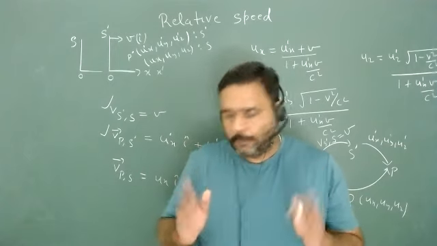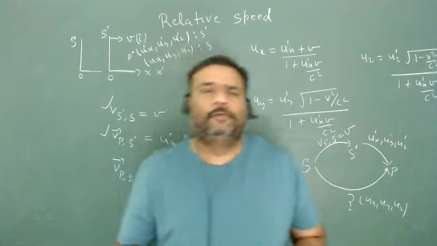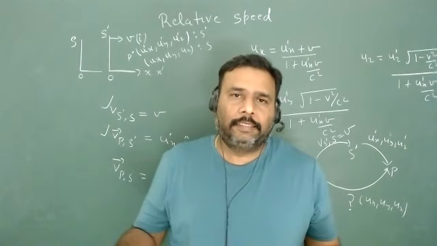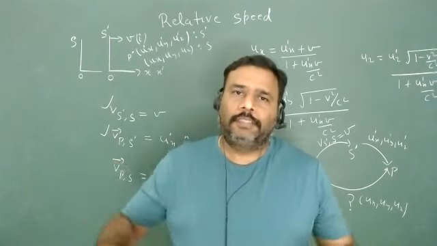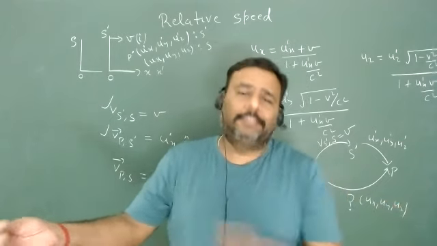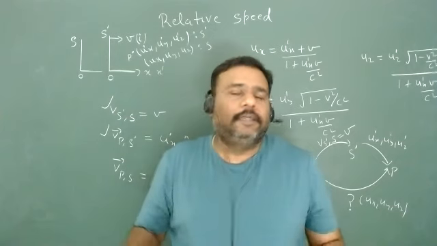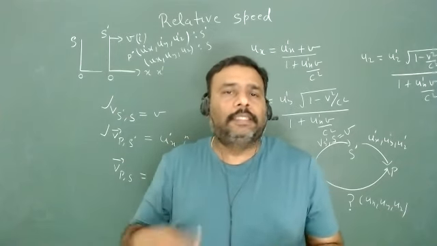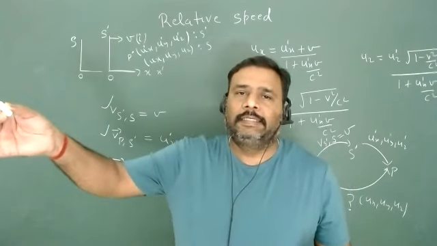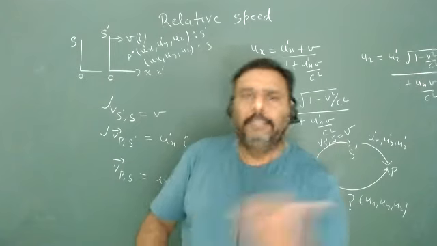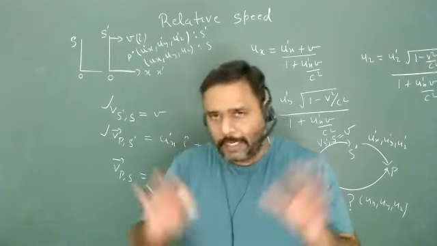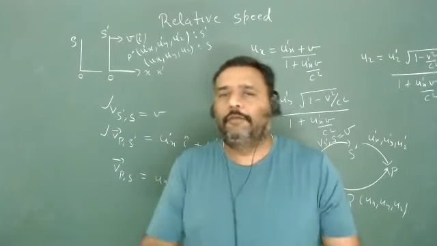Okay, so in the exam they will give you: a rocket is moving with respect to Earth. What is the meaning of that? Rocket is moving with respect to Earth. This is direct information. But Earth is also moving with respect to rocket. This is indirect information. Obviously, we have to calculate in the back of the mind: if rocket is moving with respect to Earth in a positive V direction, then Earth is moving with respect to rocket in negative V direction. So these are two pieces of information, and we have to use both to solve our problem.